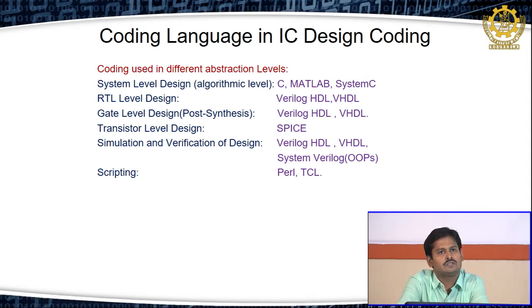Then also in industry they use scripting languages. Scripting languages are used to automate your entire process. There are lots of processes, and if you have a scripting language, it can automatically perform all the operations. Perl and Tcl are two scripting languages that are mostly used in industry. A few of them we are going to teach you, and a few of them, if time permits, you try to learn on your own.